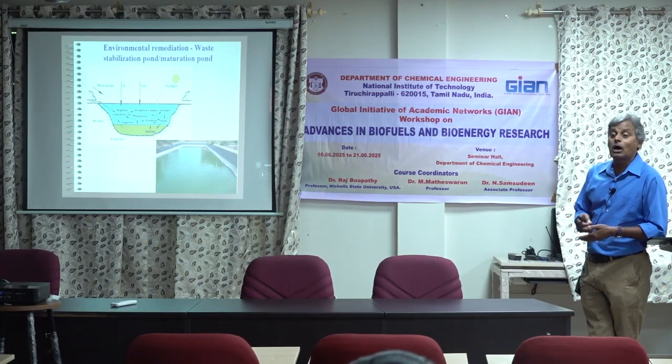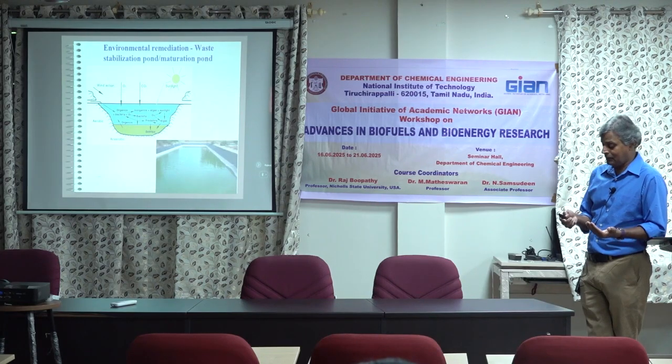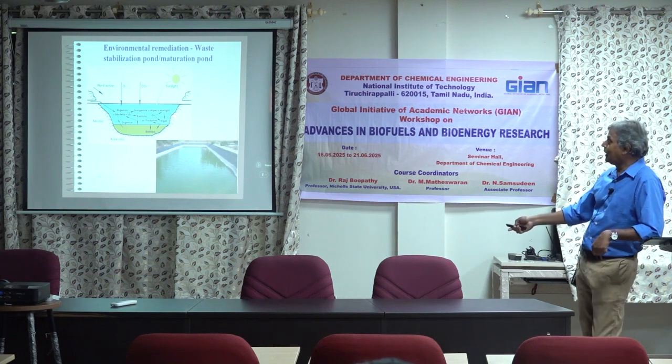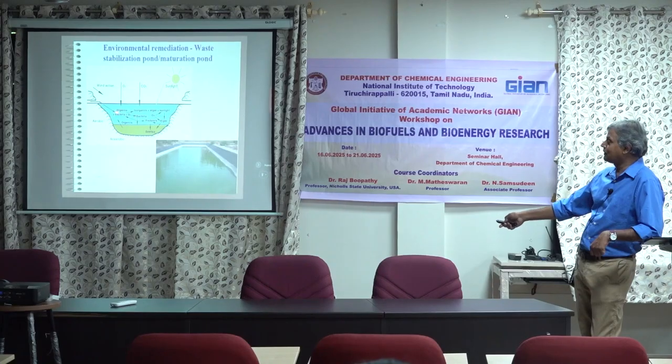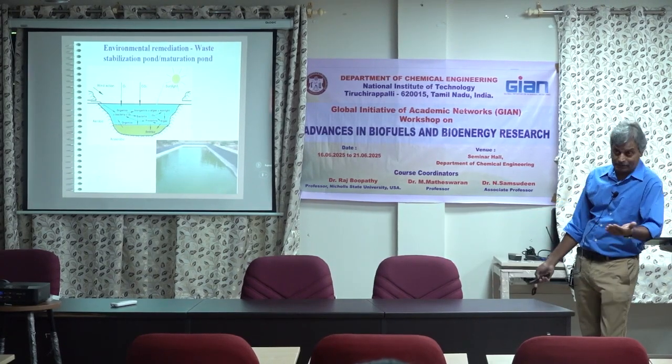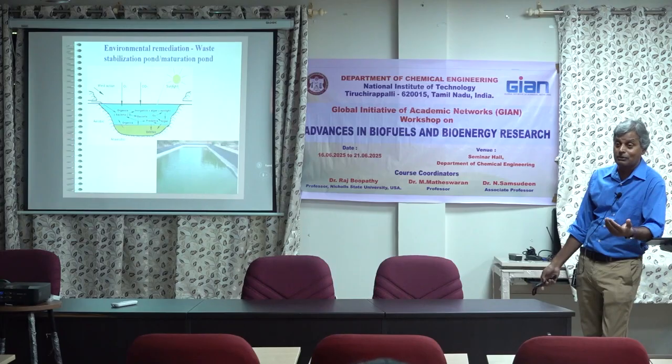But if you grow algae in the pond, in the wastewater treatment, algae does this oxygen production for you. You don't have to supply oxygen to the wastewater treatment system. Here is an example. So algae is grown in the pond. Algae during photosynthesis releases the oxygen. This oxygen is consumed by the bacteria. And the bacteria break down the organic carbon that you want to get rid of, reducing your BOD, COD in